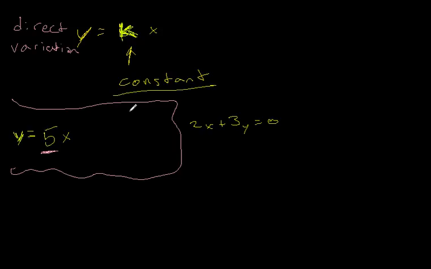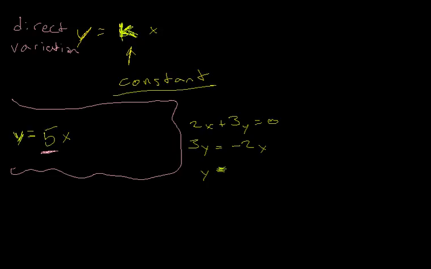Well, let's actually solve for y here. In this case, what I'd end up doing is say, hey, let's subtract 2x from both sides. So I end up with 3y equals -2x. And now I've got to divide by 3. And then I end up with, hey, y equals